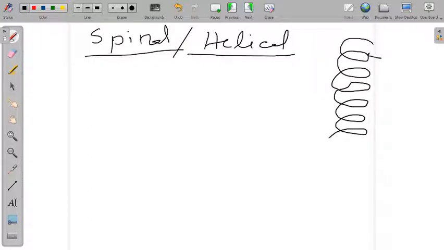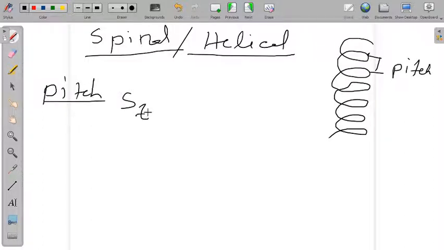This center to center distance is called pitch. The code gives a guideline saying that this pitch, st, must be less than 75 mm